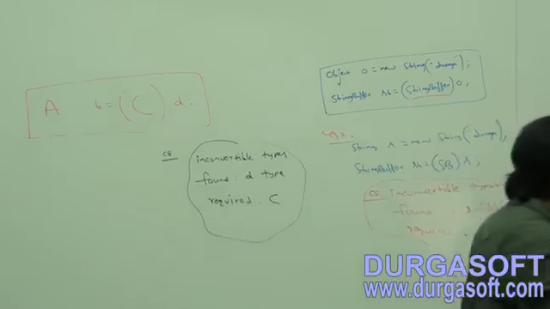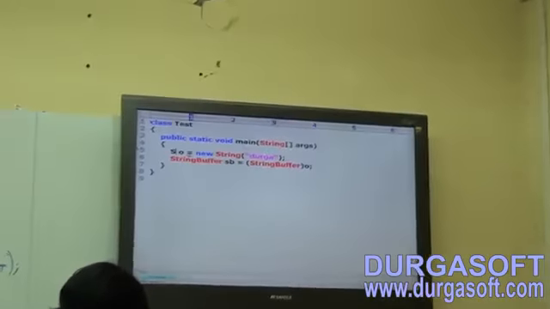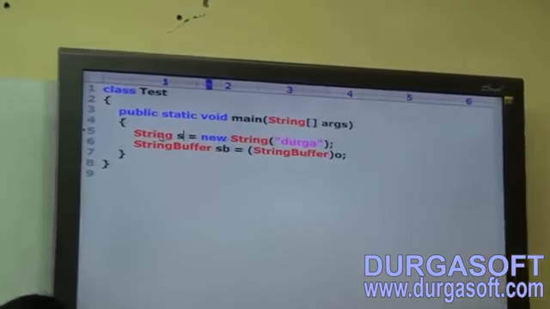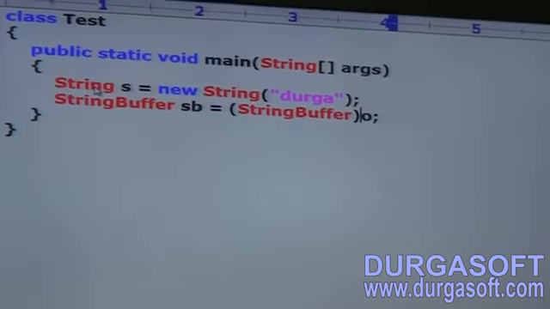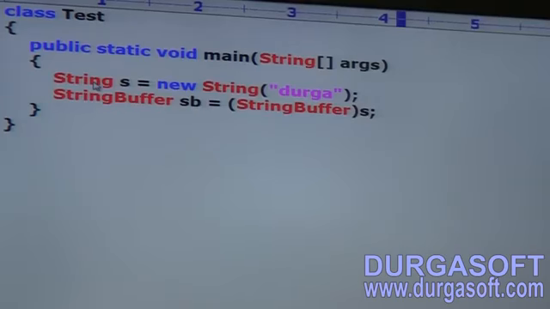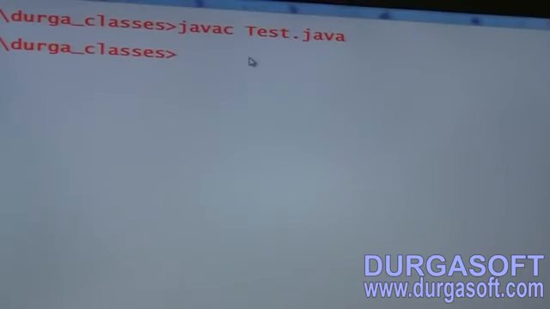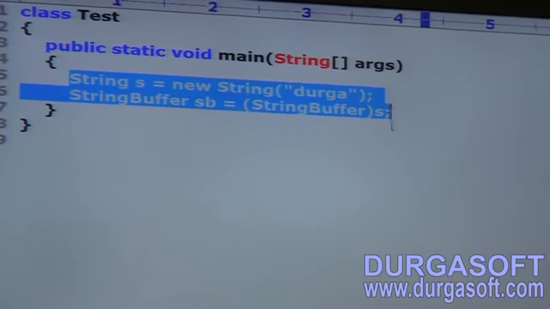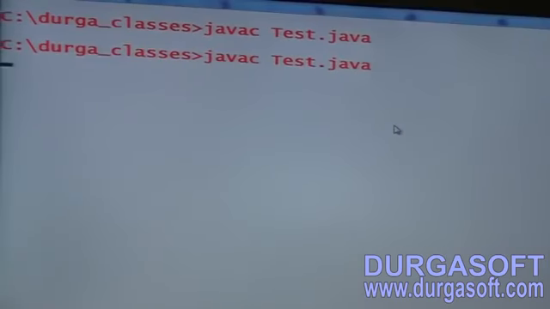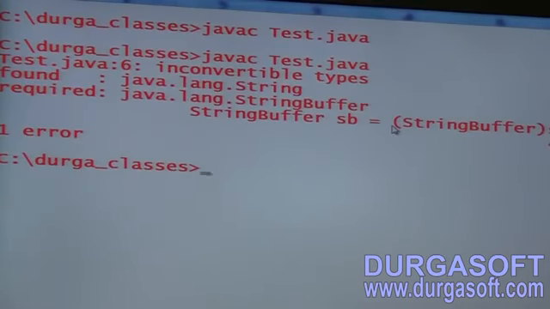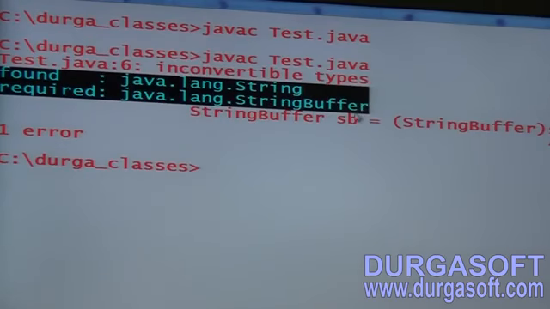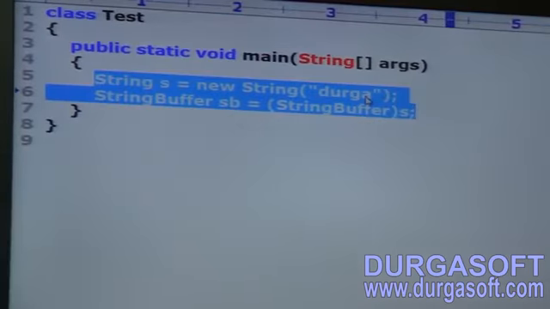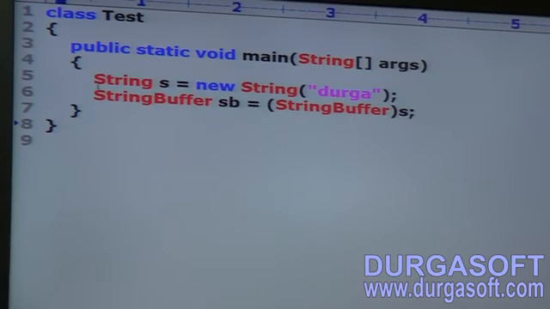Instead of object, String s, StringBuffer sb = new StringBuffer(s). Now Java C Test.java, observe the compile time error. Inconvertible types, found java.lang.String, required java.lang.StringBuffer. Clear for all of you, right? Example 2, only these 2 lines.